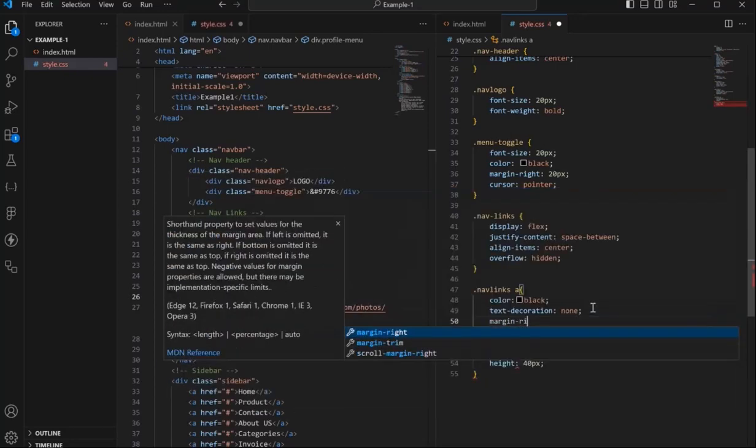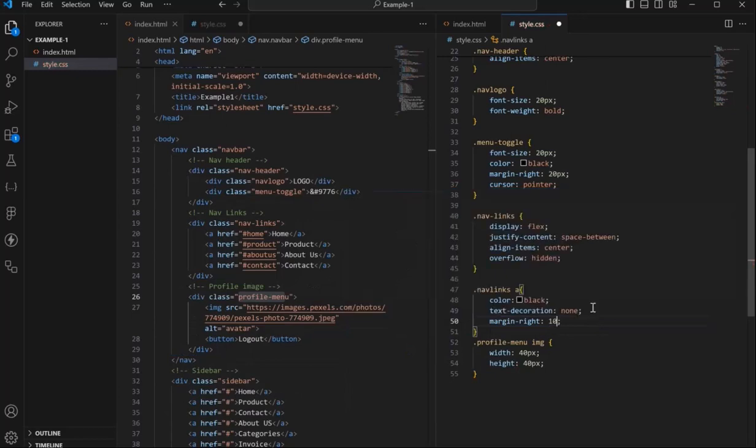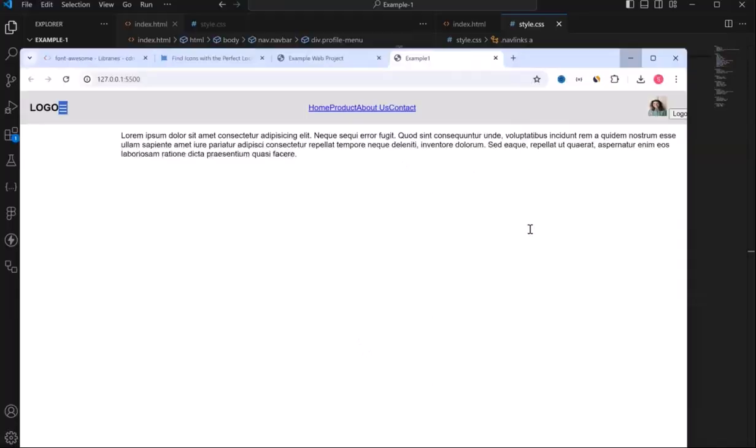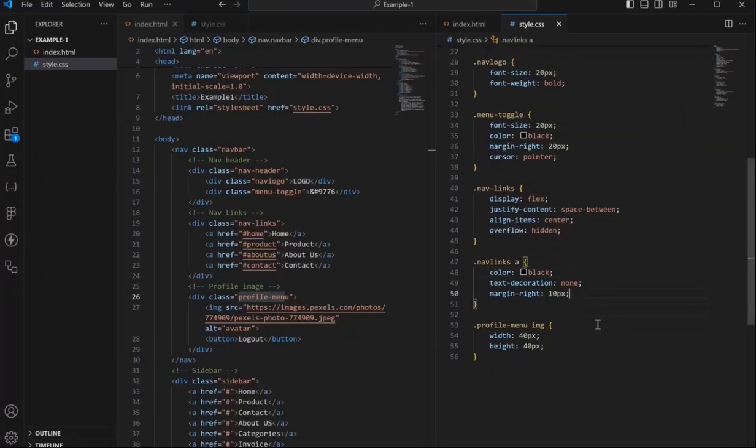So we'll say margin right as 10 pixel, and if we check the elements, now they look somewhat like this. So now we will work on the